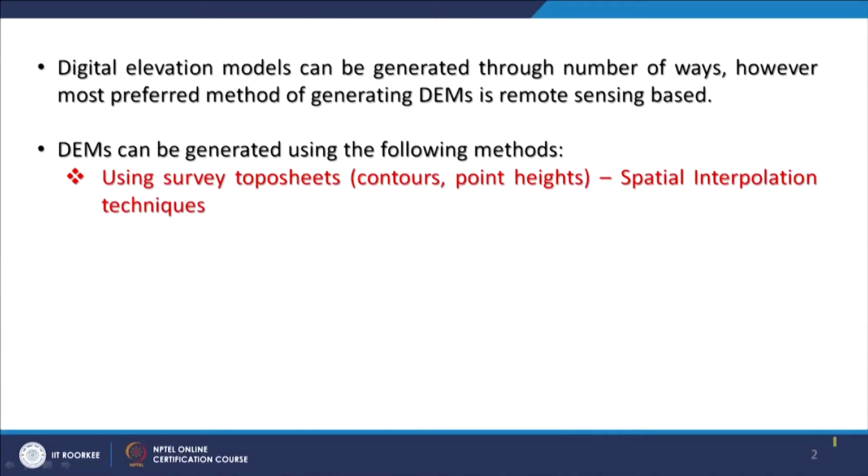So whatever the methods we are going to discuss, which are known in the research domain or in literature, the earlier method which we used to have is about using survey topo sheets or topographical maps, and basically using from these maps either point heights, which are also available, or contour lines.